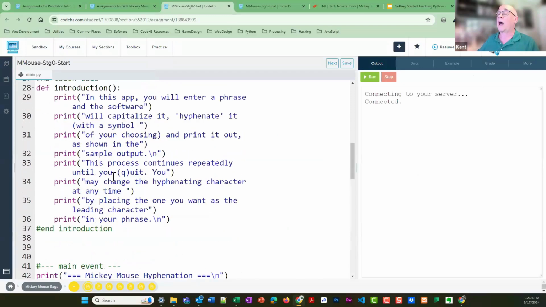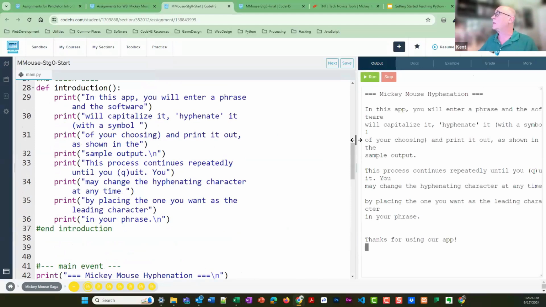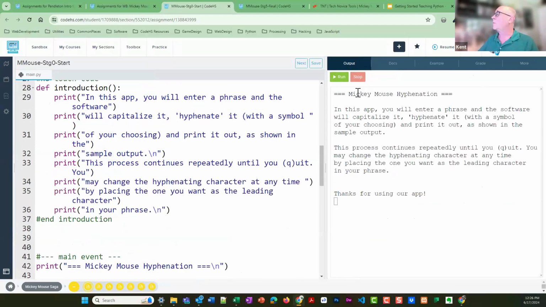Now, often I will have something that actually works, even though it's in its infancy. So when I run it, I'm curious. Sometimes it doesn't do anything. In this case, it is giving me my header statement. And just philosophically, if I'm writing projects, I like to have a clear beginning with some kind of cutesy intro heading line, and then a line that thanks them for using the app. The reason being, once they get into loops, if they're stuck in some kind of loop or something's waiting for input, if I never see this comment that says thanks for using the app, I know something might be running in the background. So philosophically, that's just something I tend to do.